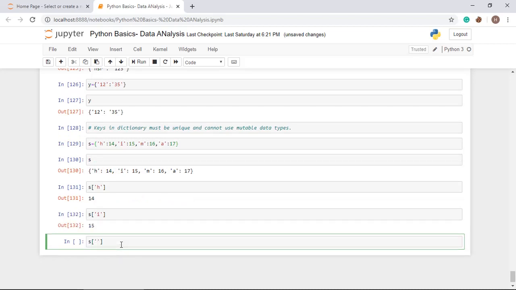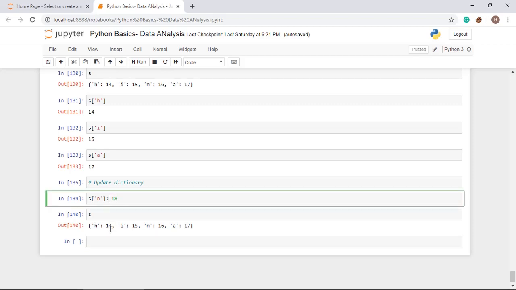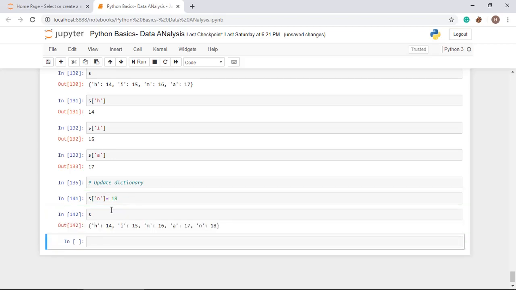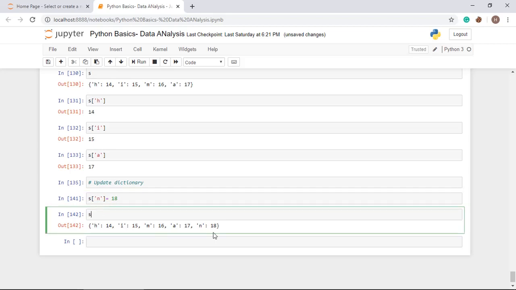So in this way you can call the value from the dictionary. Now I am going to show you how to update a dictionary. For that purpose you have to use the variable name and then put the key in square brackets and assign the value with is equal to. Now see, the key value pair has been added.